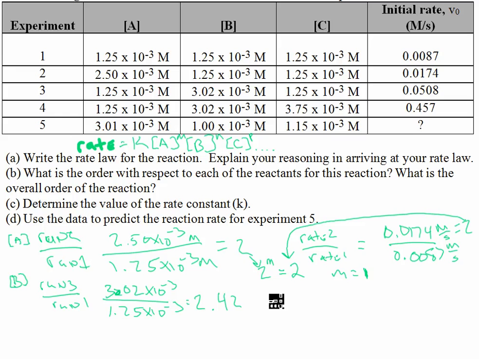Now I'm going to do the same thing for my rates from run 3 and run 1. In run 3, my rate was 0.0508, and run 1, 0.0174. Again, do the division. This one's not going to be as nice as what we did for the concentration of A. Hold on one sec. I just realized I wrote in the rate for trial 2 by accident, so 0.0087. So if I do the math here, 0.0508 divided by 0.0087 will give me